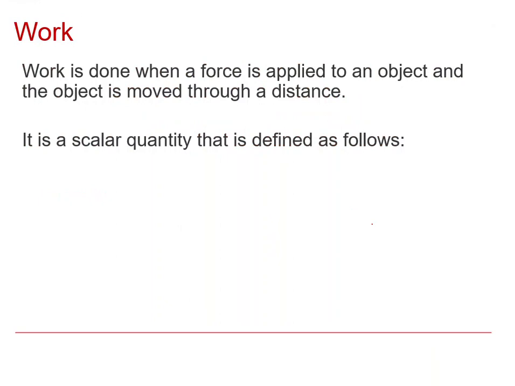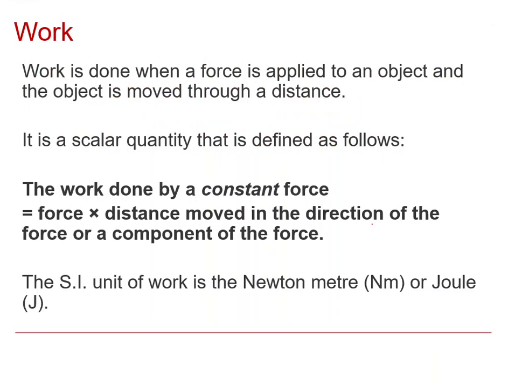Well, what is work? A good question for any student. Work is done when a force is applied to an object and the object is moved through a distance. That's the physical idea of work. And it's a scalar quantity rather than a vector, and it's defined to make that concept precise. The work done by a constant force is force times the distance moved in the direction of the force, or a component of the force. That's the important thing. If the force and the direction of movement are different, it implicates components in order to